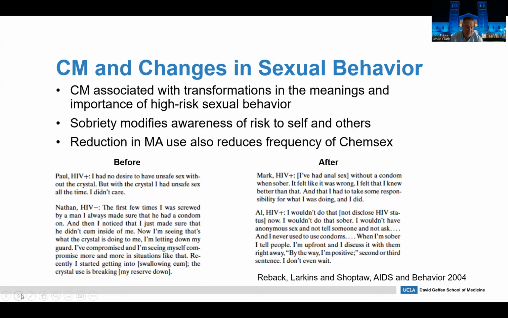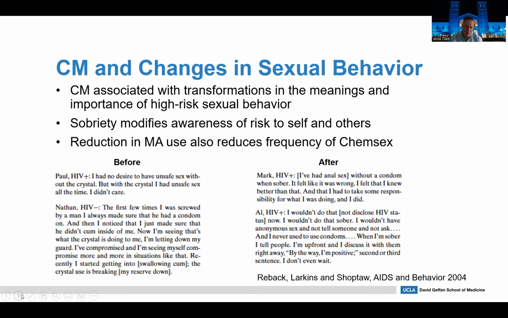So contingency management is associated with transformations in both the meanings and the importance of high-risk sexual behavior. So Dr. Reback and Dr. Shoptaw did some qualitative studies to explore this further. They found that sobriety modifies the awareness of risk both to oneself and to others, and that reducing meth use results in a corresponding decrease in the frequency of chemsex. But more importantly, it's not just the frequency,